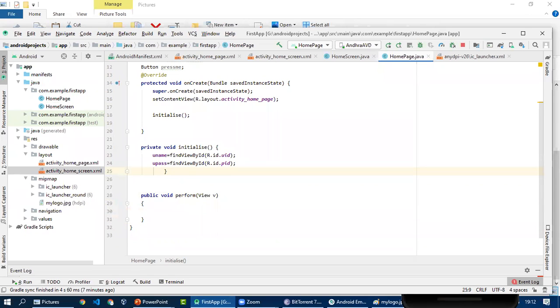Okay, so your components have been initialized. So for string uname, password and the user.